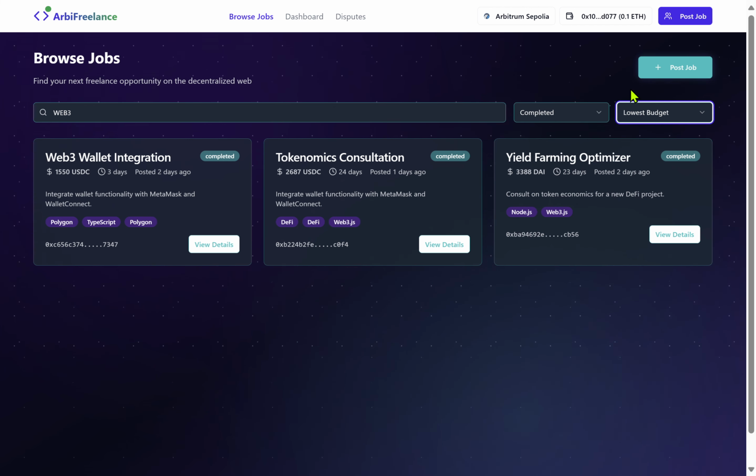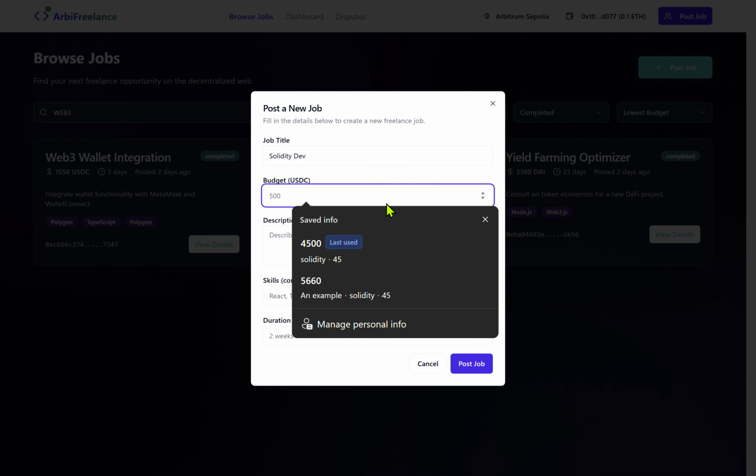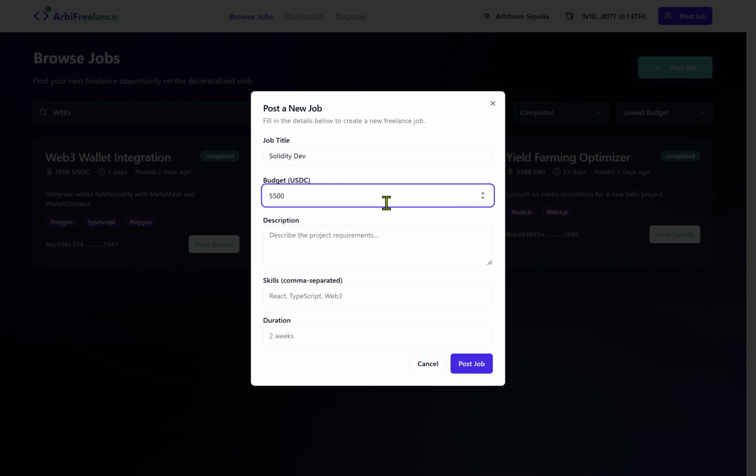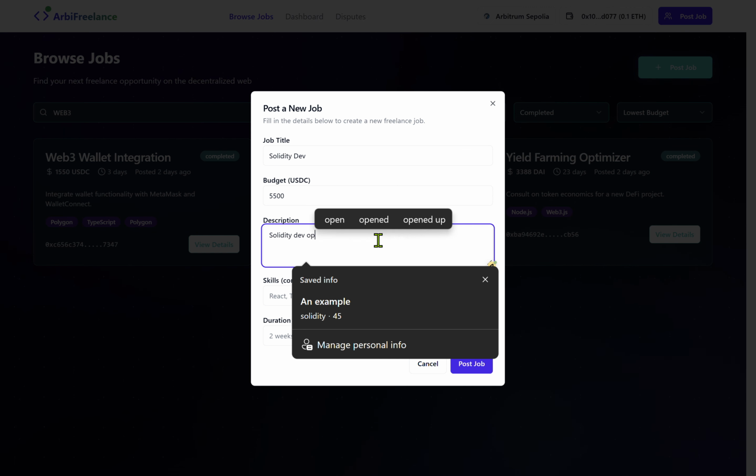And any client can also post a job. Let's say Solidity developer. The price he can pay is 5,500 USDC. Solidity DevOps.